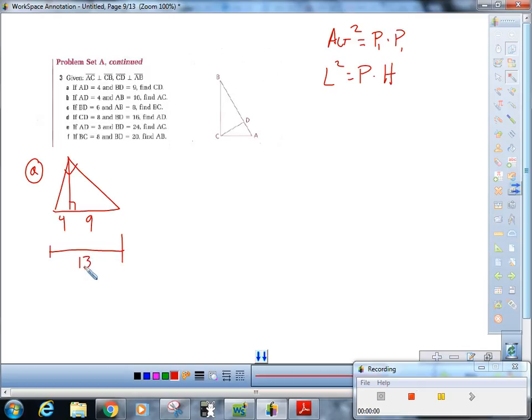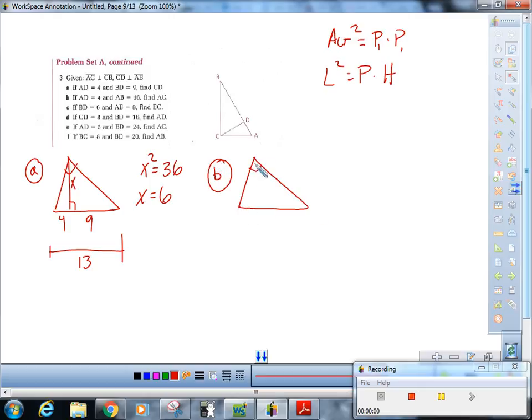You have to look for what you need. And what are we looking for? We're looking for CD, which is x. That is an altitude. So altitude squared is part times part. x squared is 36. So part A, x is 6. Okay? In part B,